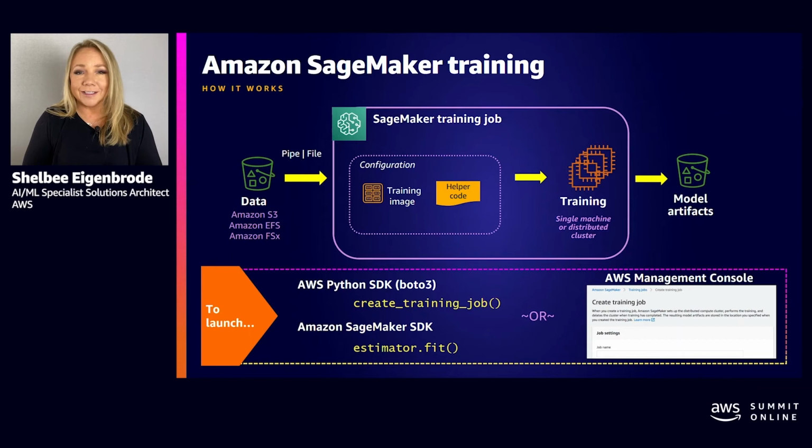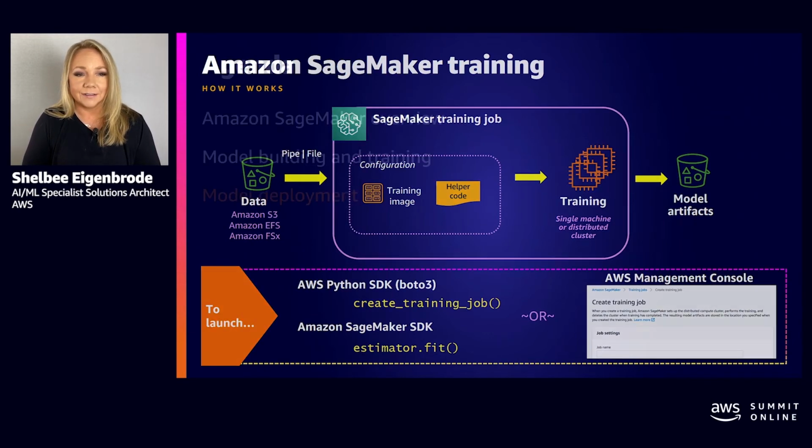SageMaker then automatically spins up the transient training environment based on that configuration that you provide. And the training environment is only up and running and incurring cost for the time it takes to train your model. Then once that training is complete, your deployable artifact gets put into an S3 bucket that you specify. And once that model artifact is in the S3 bucket, you can now deploy it to your target environment for consumption. For the purposes of this discussion, we're going to focus on deployment using SageMaker,